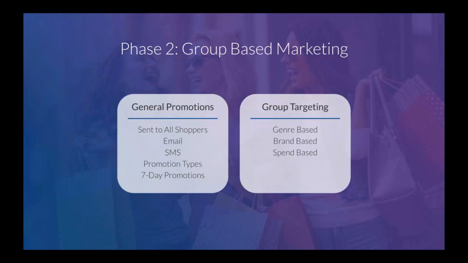Finally, it is important that your initial promotions are sent out allowing for a 7-day redemption window for your shoppers. So the AI will actually measure when each shopper reacts and responds to the promotion. The AI will then be able to determine the best day of the week and time of day each shopper is most likely to make the purchase, and then it's going to adjust accordingly for all of your future marketing automations.